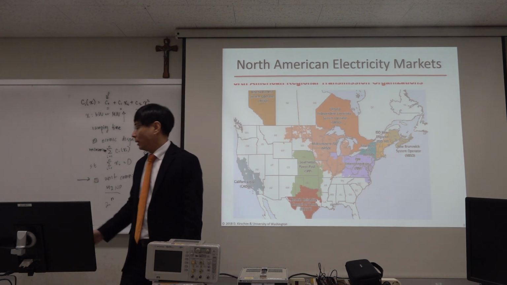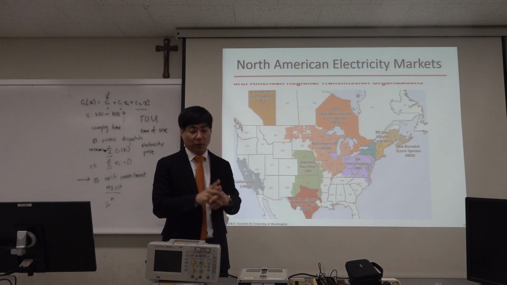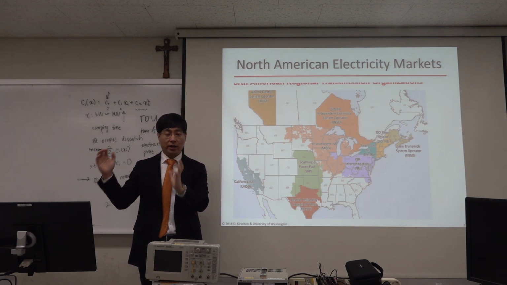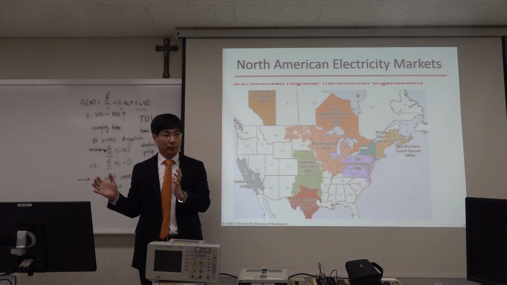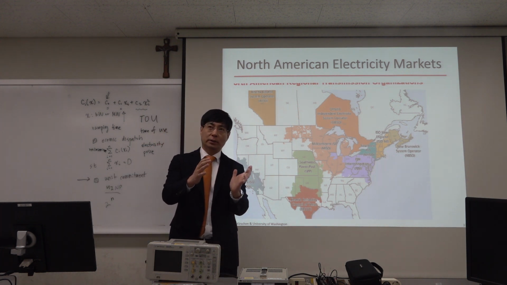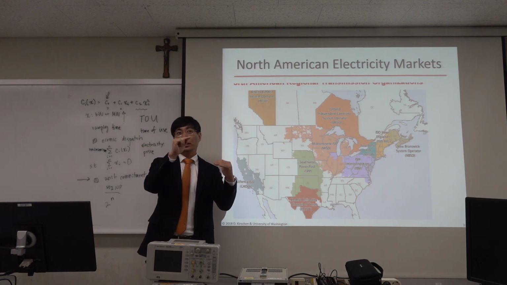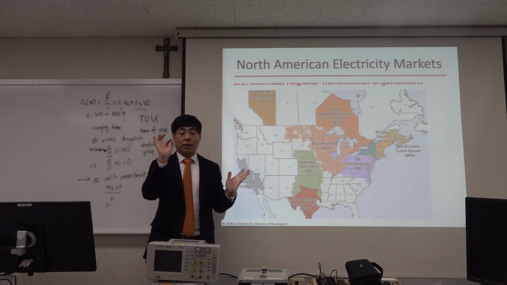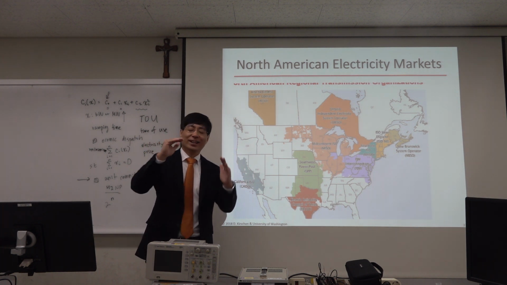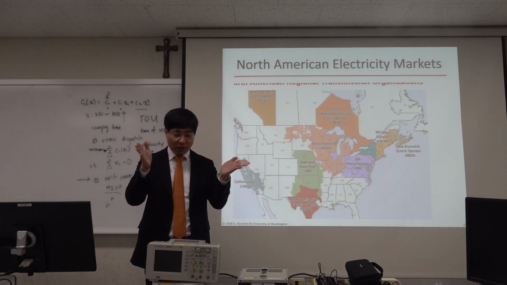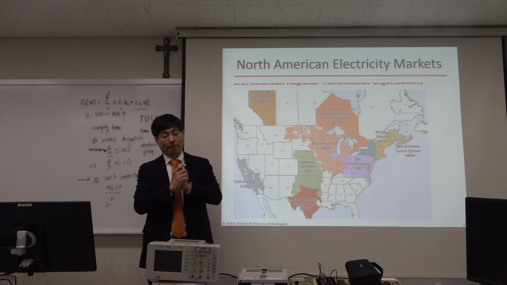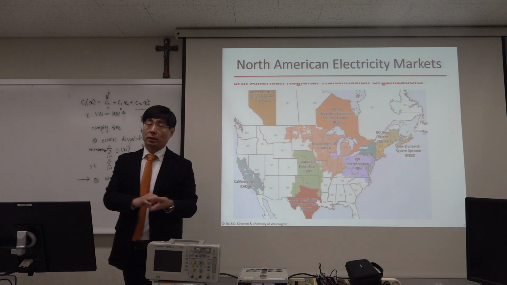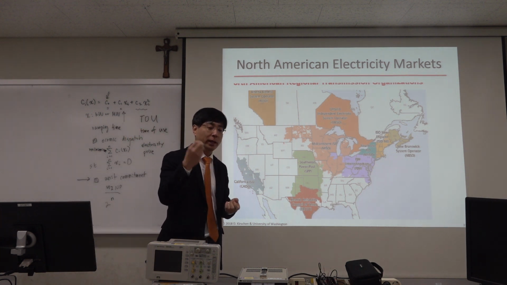So currently in Korea, for the residential customers, we know that our electricity bill is charged based on the total amount of energy we spend in 1 month. That means for the residential customers, we do not have the concept of electricity price per kilowatt hour, or the electricity price depending on the time. We just charge the customers based on the total amount of electricity they consume in 1 month.